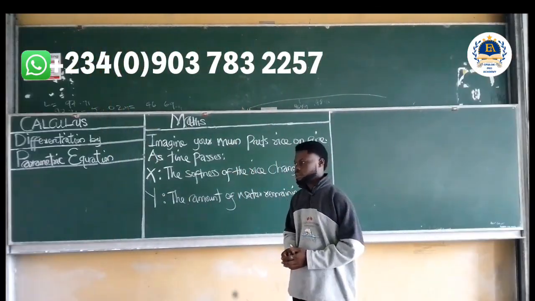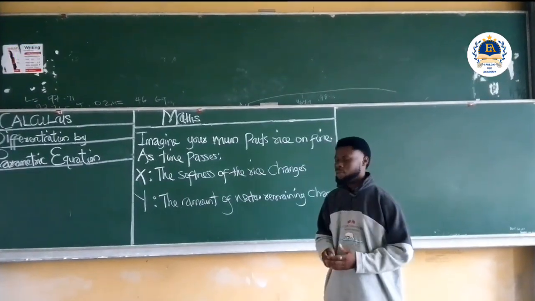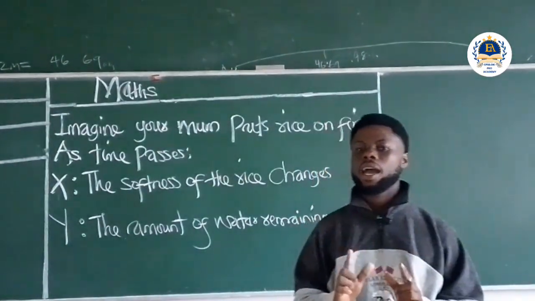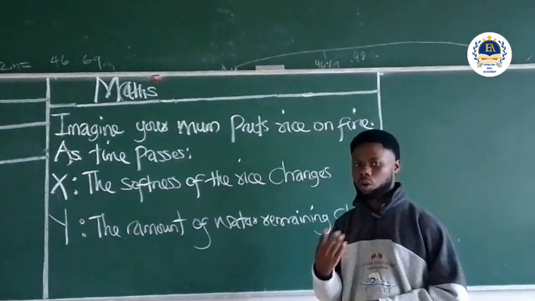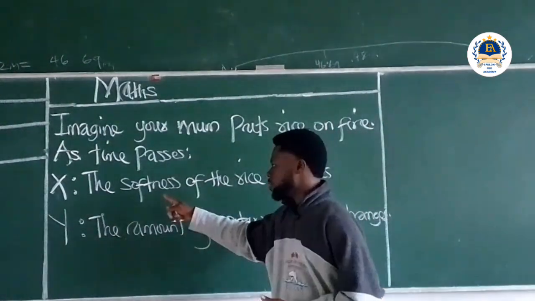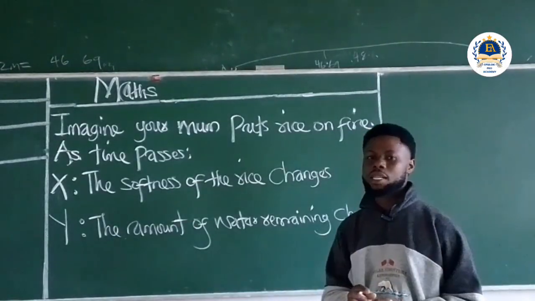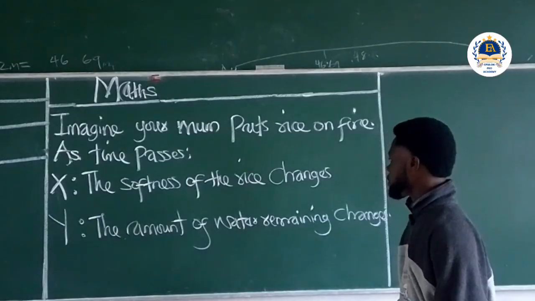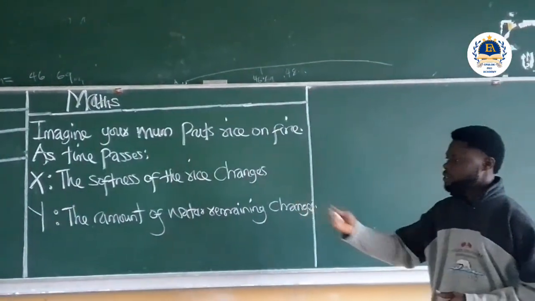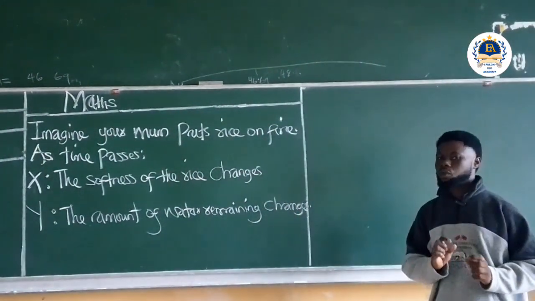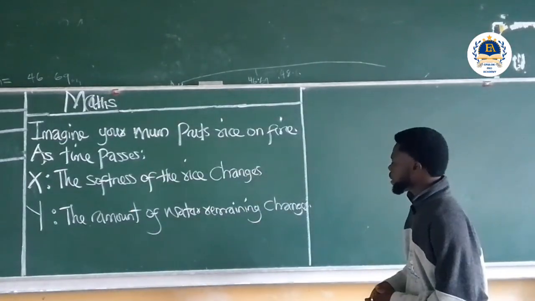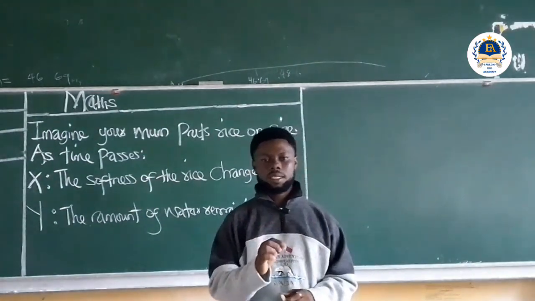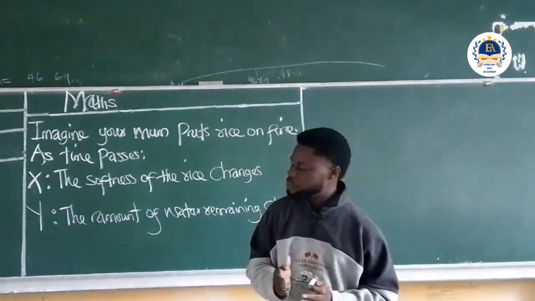Now let's consider the statement on the board. The statement is, imagine your mom puts rice on fire. As time passes, here are the two possible things that will likely occur while the rice is on fire. I represent it using letter X. The first is the softness of the rice changes. And the second, I'm calling the second statement Y: the amount of water remaining in the rice changes. Now I will leave you to think of what X and Y depend on,